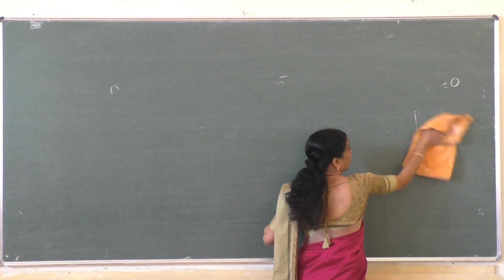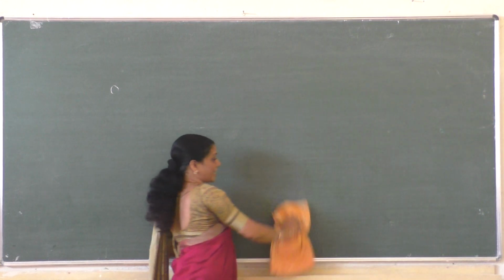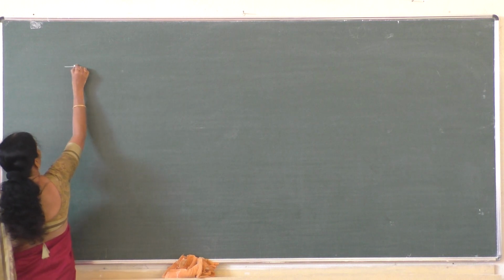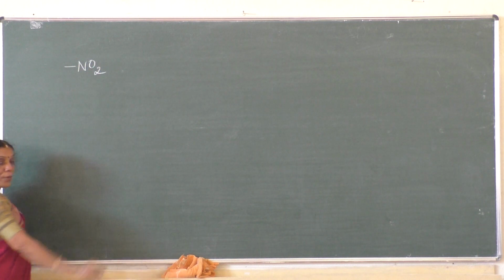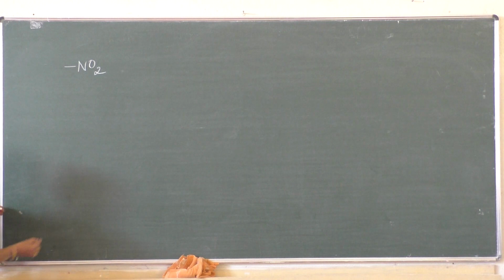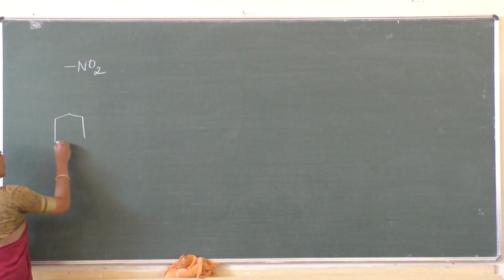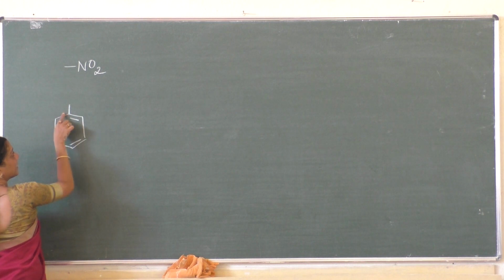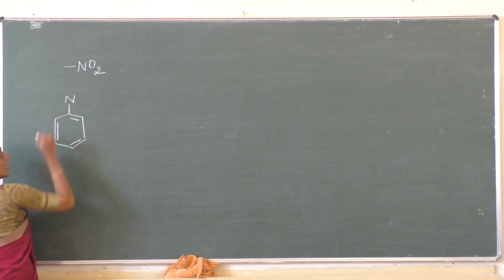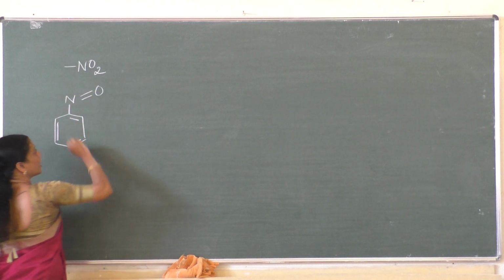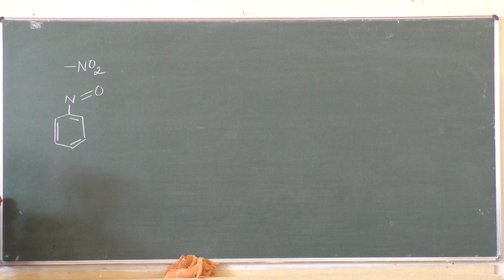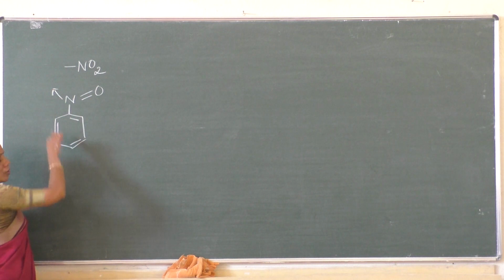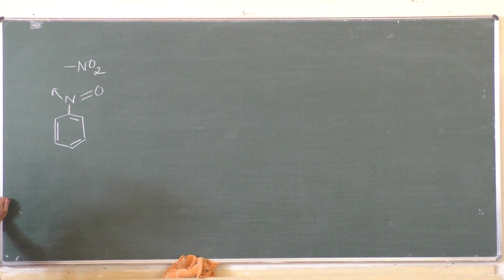The explanation is already over. Now, let us write the resonance structures together. Now, the nitro group, the NO2 group, always shows what? A negative resonance effect. Why does it show a negative resonance effect? Because in the nitro group, this bond I am writing here is the bond with the nitrogen. One of the oxygen atoms is bonded to nitrogen by a double bond. The covalency of the nitrogen is completed. Both electrons required for the bond are donated by the nitrogen.